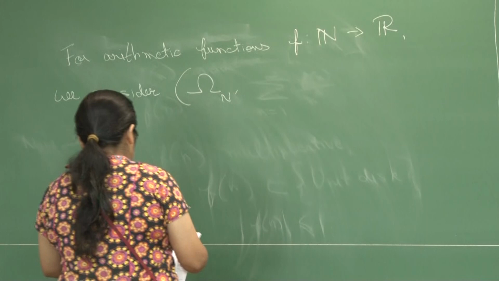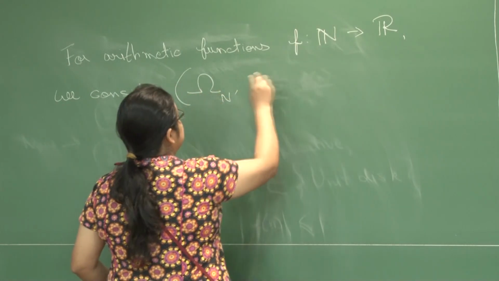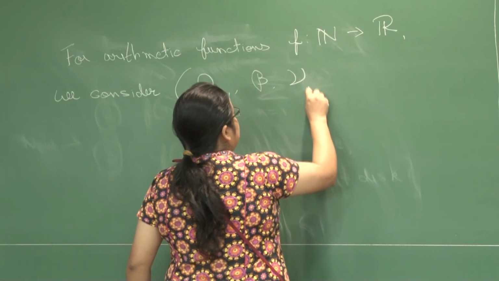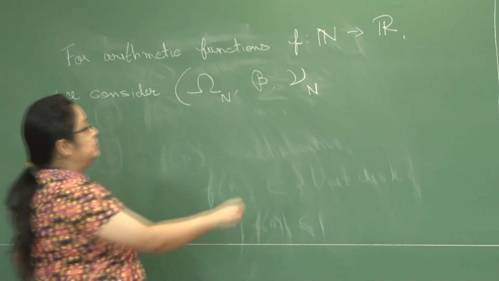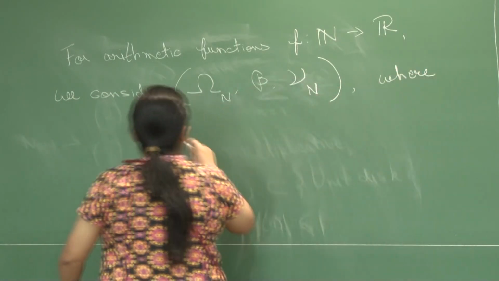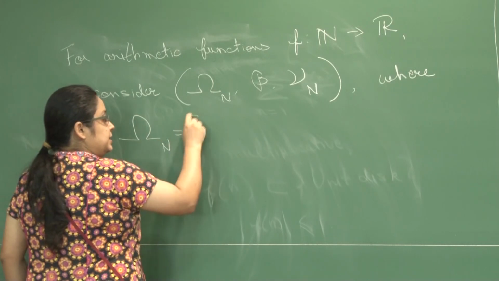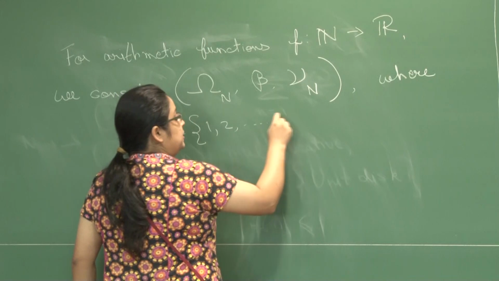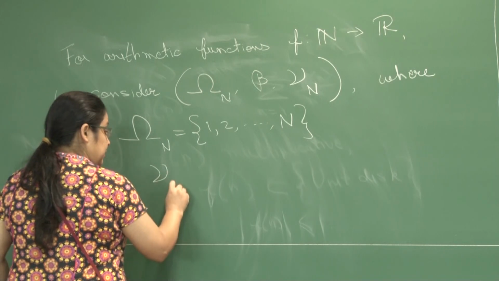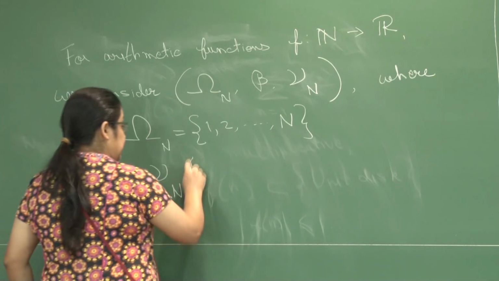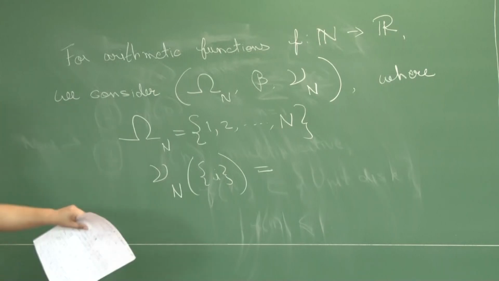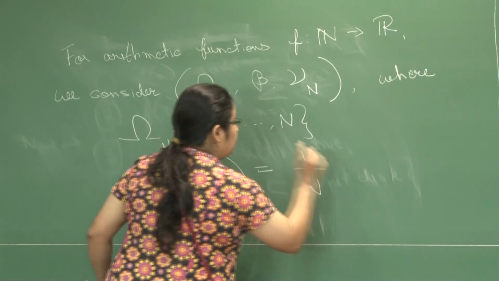So, the set of all subsets of omega sub n, and on each such space we have the probability measure mu sub n, where as before our omega sub n is just the set 1, 2 up till n, okay, and your mu sub n is defined as follows: for any singleton i, it just takes the uniform probability 1 over n,